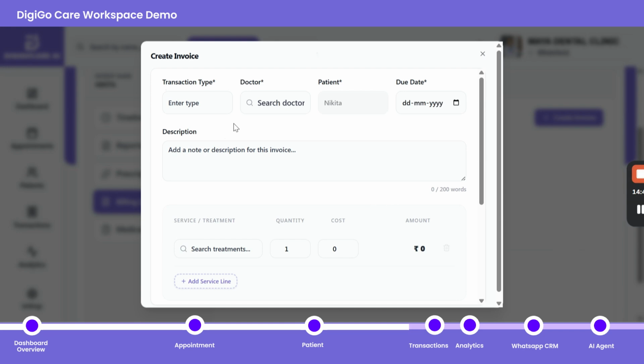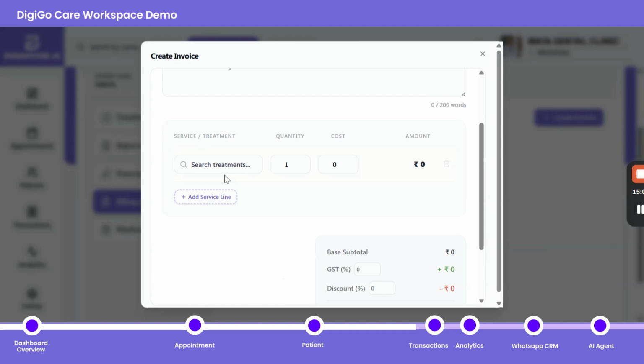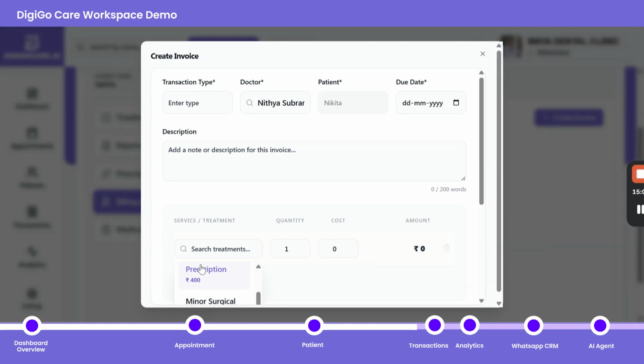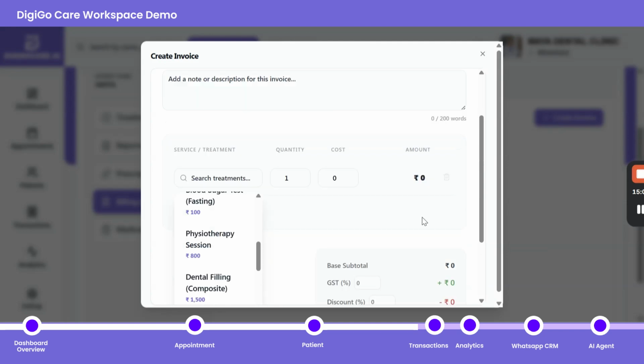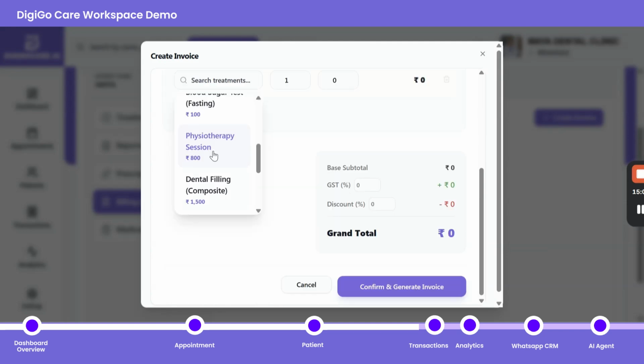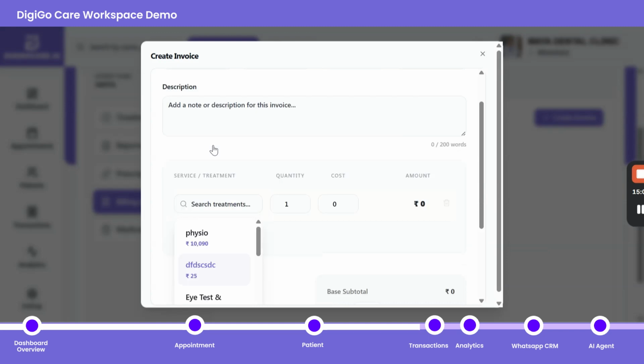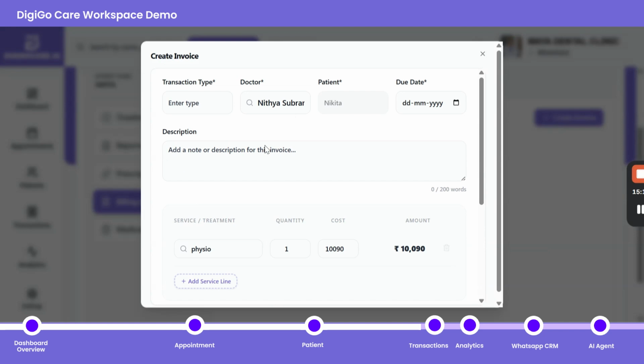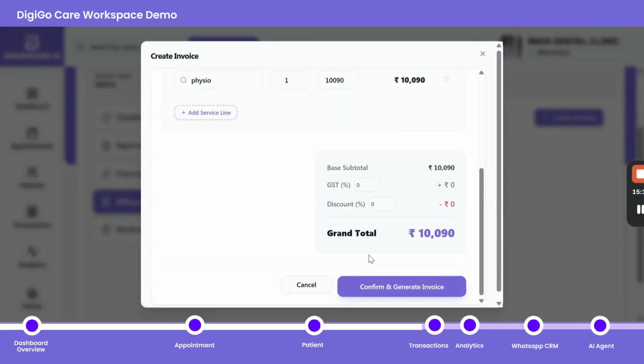Then create the invoice with the transaction type, whether cash or UPI, the doctor they consulted, patient name, due date, descriptions, and the service or treatment you have given them. You can enter everything, consultation fees. So if it is physio, confirm and generate the invoice.